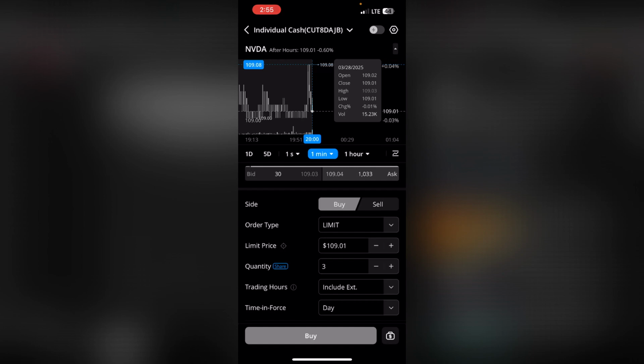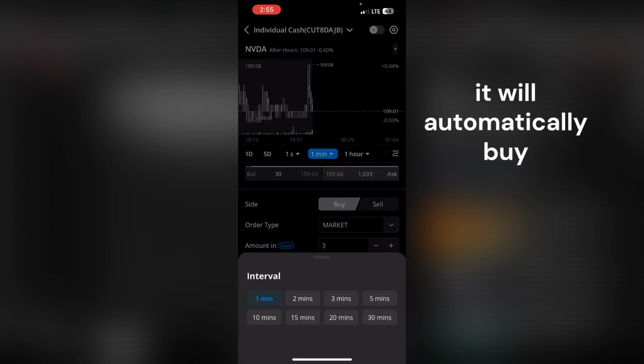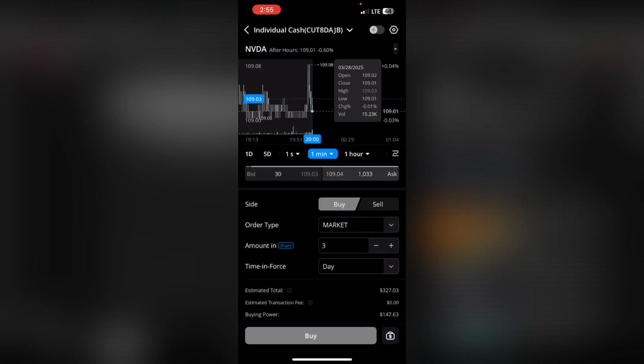You set a limit order right there, and as soon as it breaks your limit order, you'll buy. And if you want to buy at market price, that just means that you're buying where the candlestick is currently at. So let's say the candlestick is moving up and down like this. The second you click buy and the order goes through, wherever the candle is at, that's where you're buying and you're selling. It's kind of more risky,